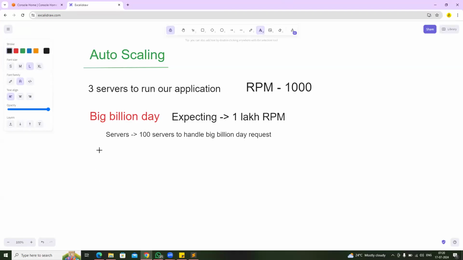Okay, fine. At 9 a.m. the Big Billion Day started and offers started. Then slowly traffic is coming. At 9:15 a.m., when I observed, the RPM is 10,000 requests, and slowly it is increasing. At 9:30 a.m. the RPM is 1 lakh. At 9:45 a.m. the RPM is going to 2 lakh requests. So the 100 servers we have configured are sufficient to handle only 1 lakh